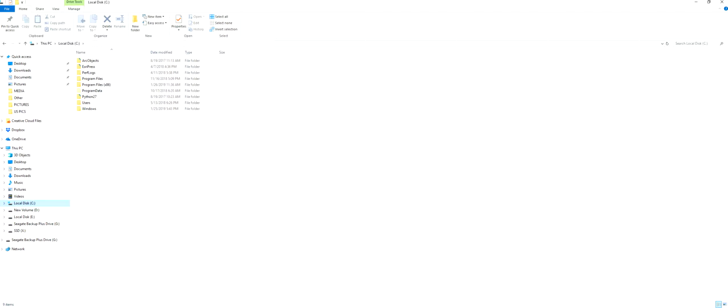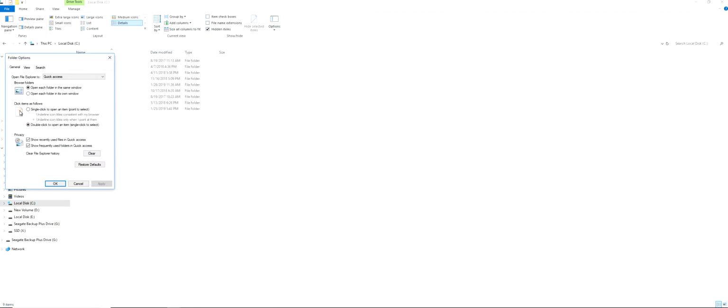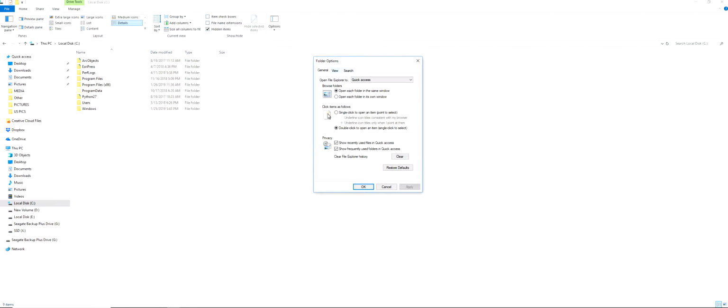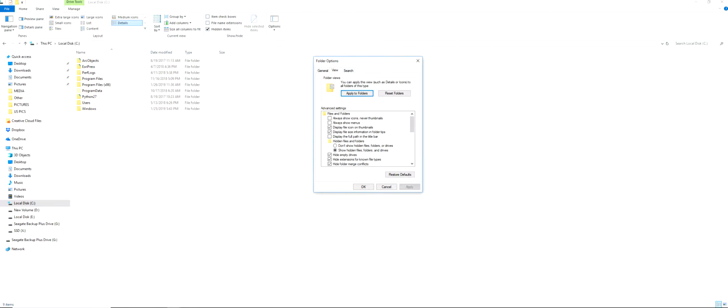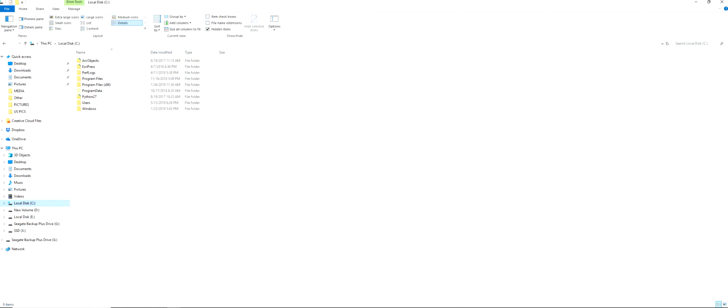Now you want to make sure you go to your View tab in Windows, go to Options, just click on it, and in your View tab right here, you want to make sure you have selected Show Hidden Files, Folders, and Drives. Otherwise, you will not be able to navigate to your plugins folder. Alright, so we're going to first go to Users, find your user account that you have your Plex server stored on,